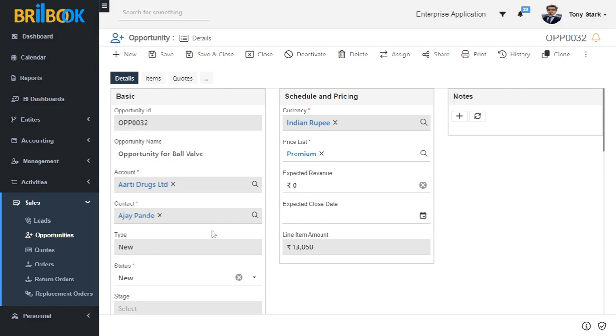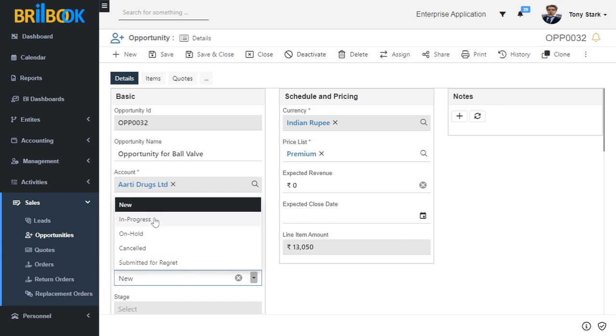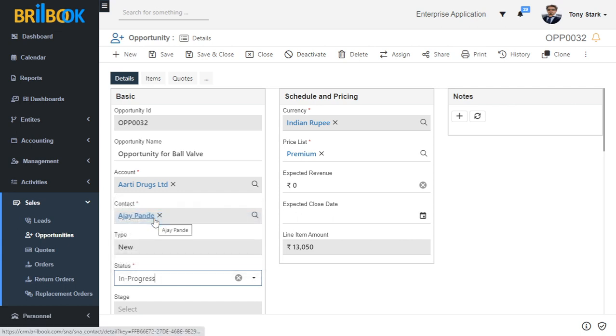After successfully creating quote and quote line against the opportunity record, now I am going to change the status of this opportunity as in progress and click on save button to save this record.